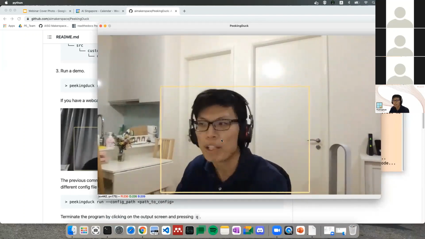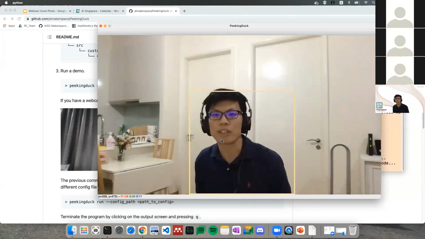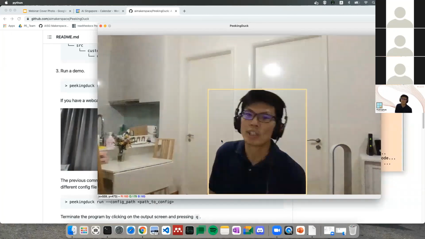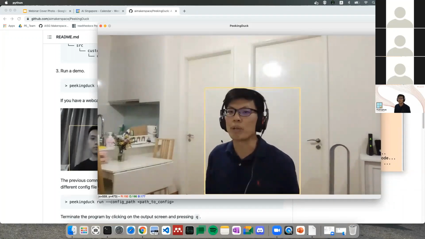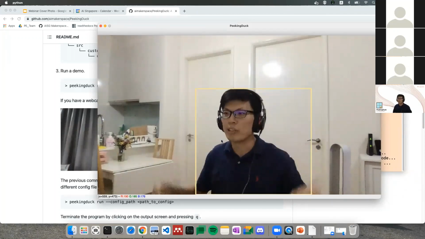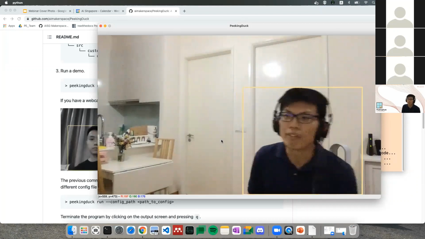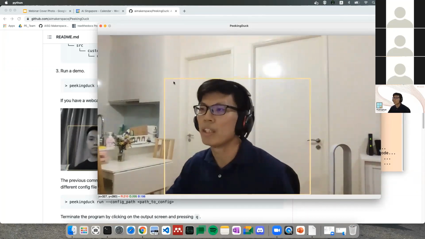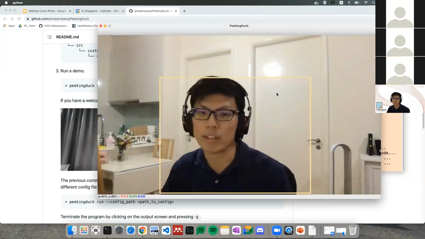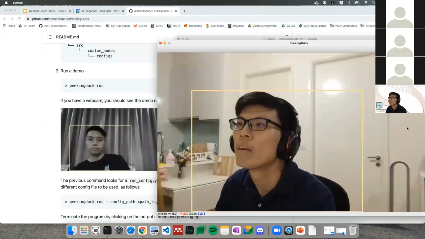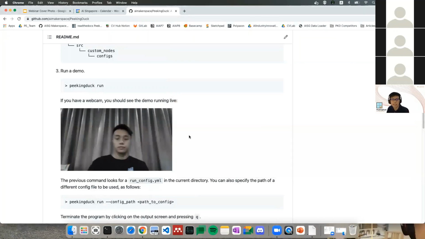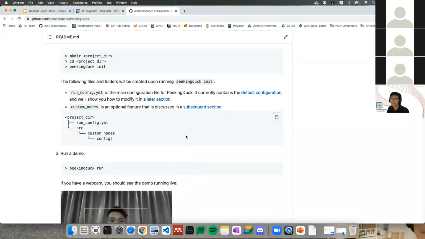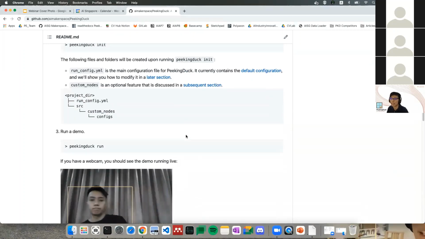And yep, what you're seeing right now is the object detection task, where the CV model actually detects me as a human object, and it predicts my location, and it can draw the rectangle around me. And as I move around, it can kind of track me as well. And in CV terminology, this yellow rectangular box around me is called the bounding box. All right, so let's see what else we can do. And yeah, so basically, within just a few steps, once you install PeekingDuck, you can actually get a demo